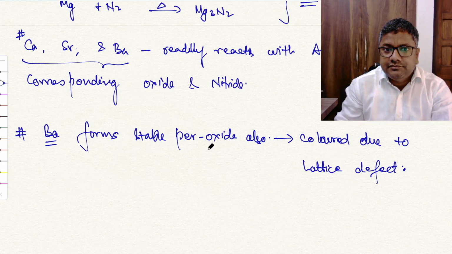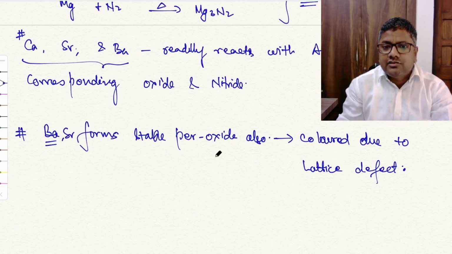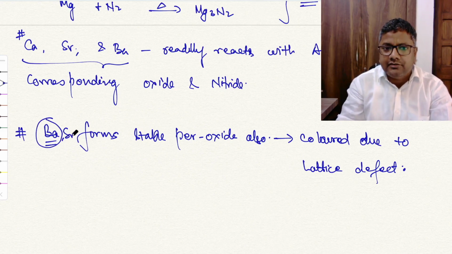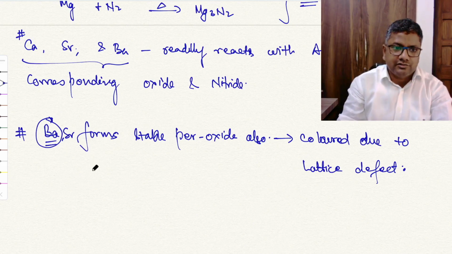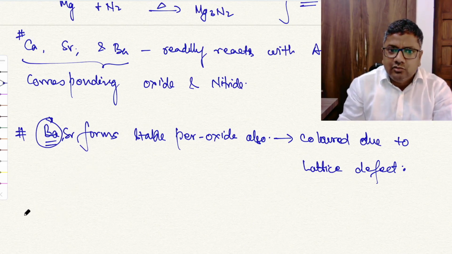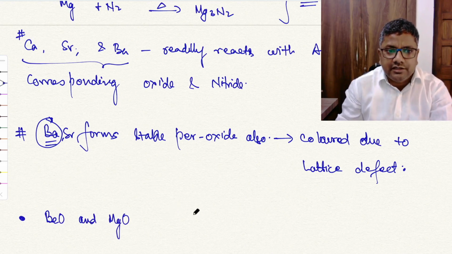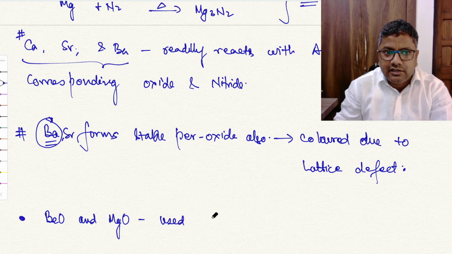So strontium and barium both we can write here. Barium and strontium form stable peroxide also, but relatively, barium has more stable peroxide than strontium, right? And one more important property here: beryllium oxide and magnesium oxide are used in refractories, used as refractory